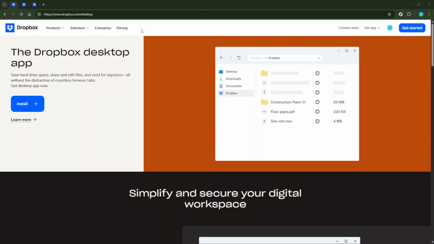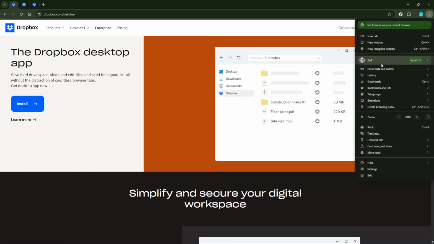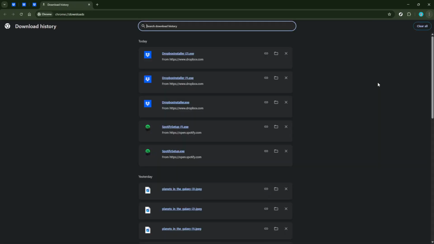on your PC. To do this, head over to the official Dropbox website, and you should find an option to download the application for your computer. Once the download is complete, follow the on-screen instructions to install Dropbox. It's a straightforward process, and in just a few minutes, you'll have Dropbox ready to go on your machine. If you're worried about space, rest assured that Dropbox doesn't take up much room on your computer.